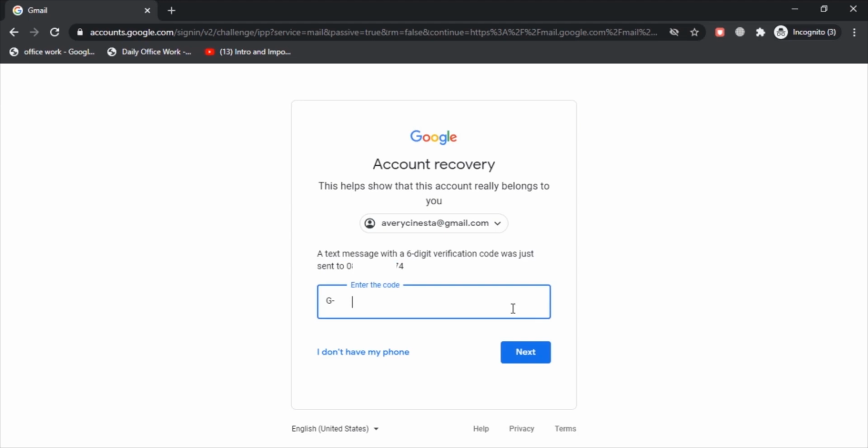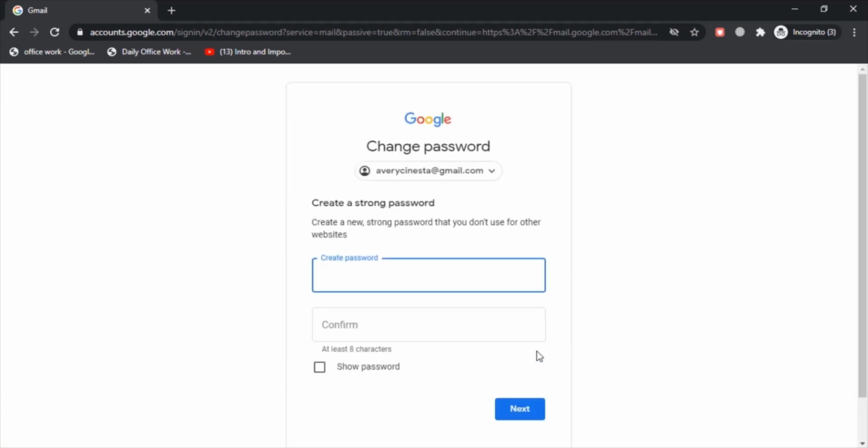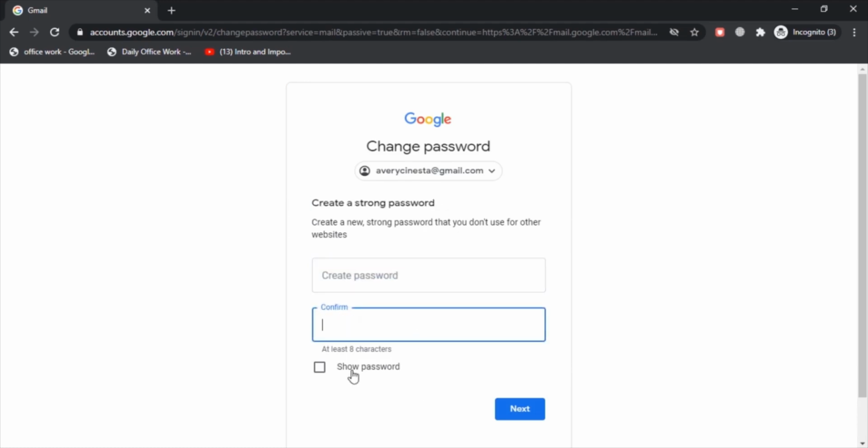So just enter the code and then press next to change the password. All right, so yeah, that was so easy to recover your Gmail account with the help of your phone number. You have to simply create a strong password, and make sure you create a new and strong password that you are not using for other websites. So that was about the first method.